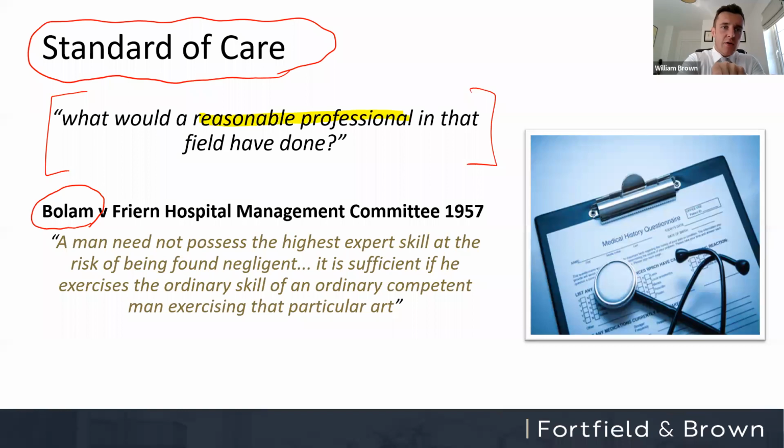The standard here is of the reasonable professional, not the ordinary person. Okay, so Joe Bloggs in the street, they are the ordinary person. You don't construe the standard based on what they would have done. You construe the standard based on what the reasonable professional in that industry would have done. So you're exactly right, and that is the point that we're making here. Does that make sense, Thomas? All good? I'll let you type away there just as we move on.